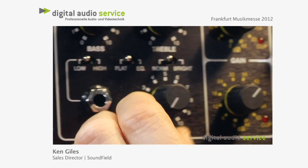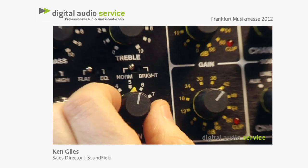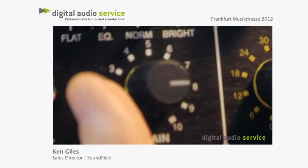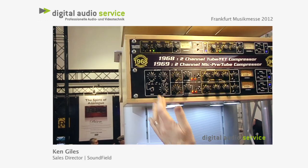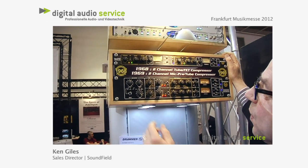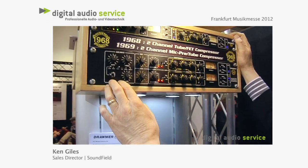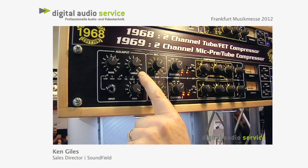With the gain control, the way it's structured is you've got clean gain up to about numbers 5 and 6. But when you start to crank it, you start to get into quite subtle distortion initially, and then quite outrageous distortion the further you go. We've a normal bright control, which gives you more like the sound of a combo amplifier,